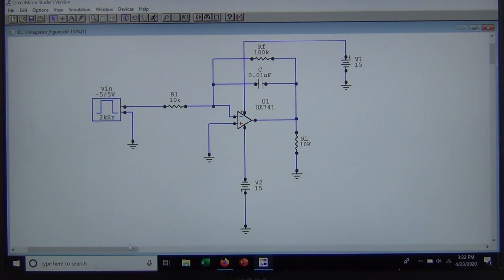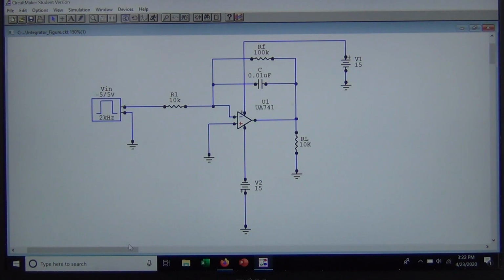You notice that the non-inverting input, the red input pin 3, is grounded. We do have a feedback resistor, which means that we have the virtual ground concept, and we have the fact that there's no voltage differential between the plus and minus or inverting and non-inverting inputs,